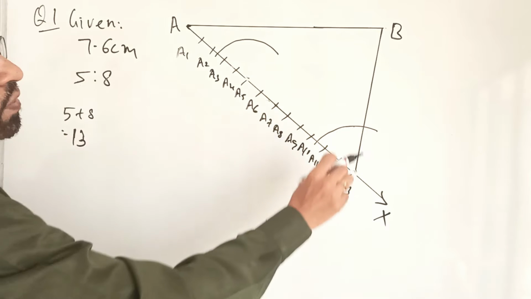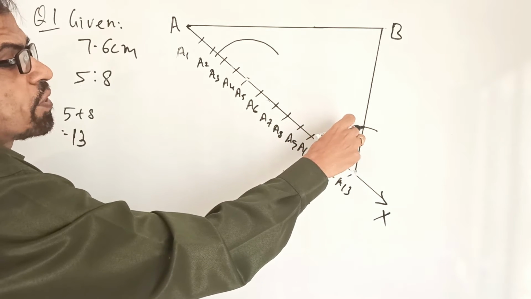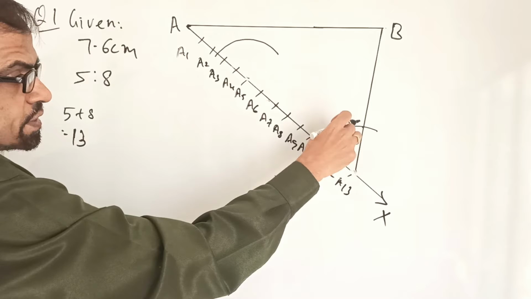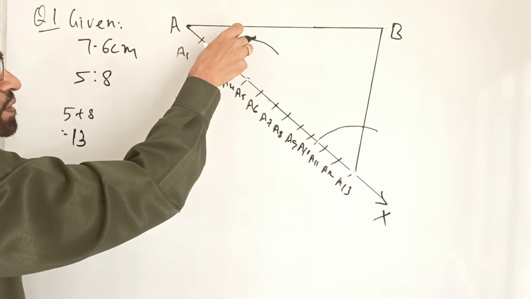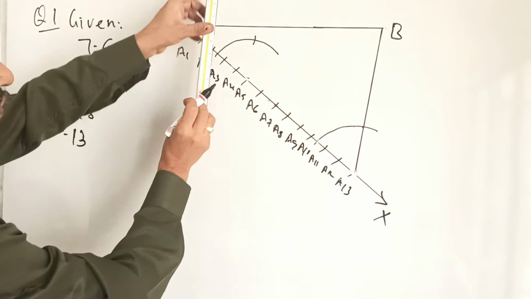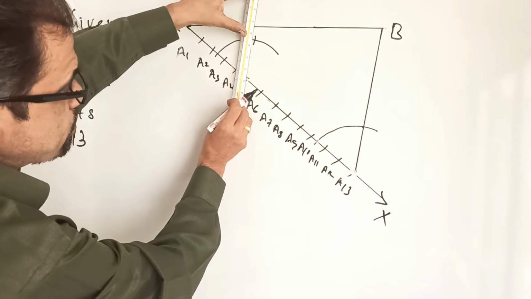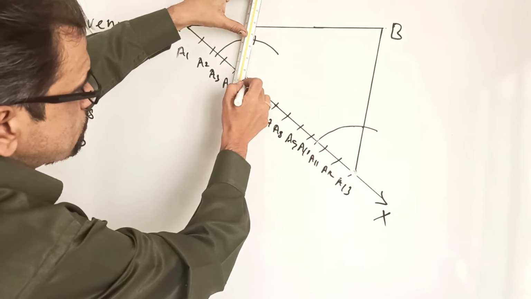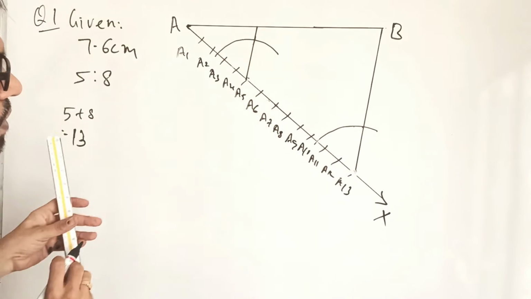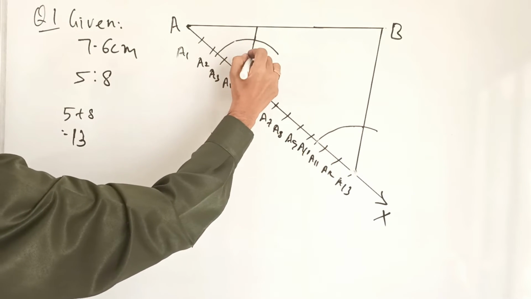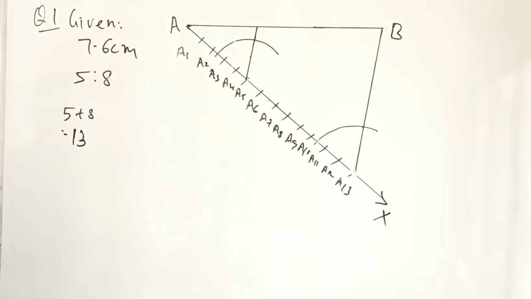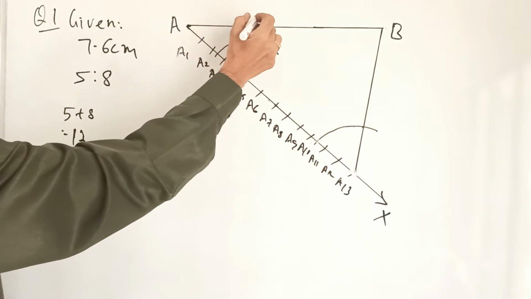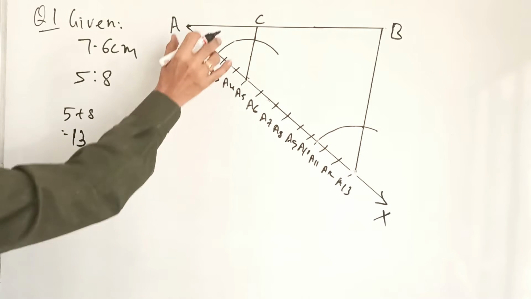Okay student, now from here you measure this length with the help of the compass. Now with the same length, with the same arc, you intersect this one here. Now join this A5 to the intersected point. Okay student, so these are corresponding angles, therefore the lines are parallel. So what was our first step? Join A13 to B, then second step, draw the parallel line. Let this be C.